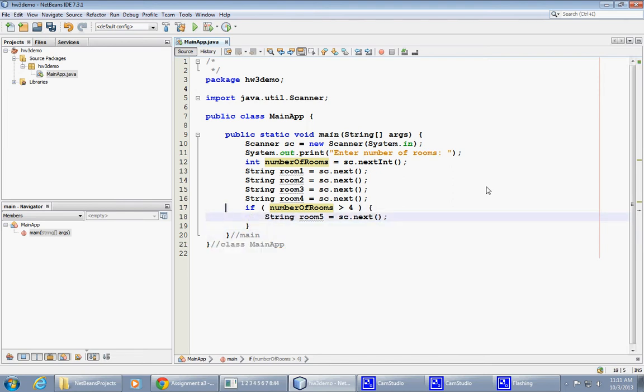Okay. Unfortunately, this will not be exactly the right approach because when I say string room 5 inside a set of curly braces that belong to the if statement, this creates a block statement with its own local scope of variables. And so room 5 is not going to be very useful because it's going to disappear as soon as this brace closes. So then my thinking becomes that maybe I need to declare my rooms